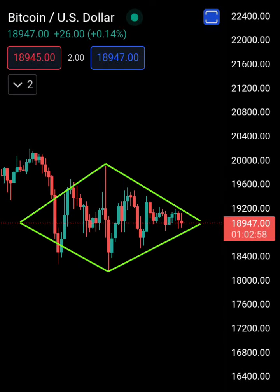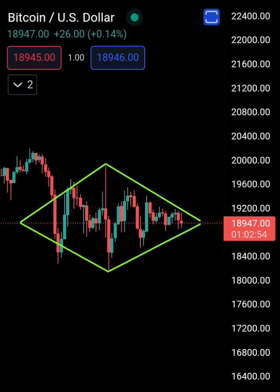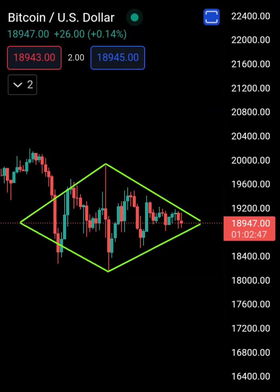What's up, YouTube? This is Bitcoin on the 4 hourly chart, 4 hourly time frame, and we are in a diamond formation. Some people are calling it a triangle. Whatever you call it, it is a pattern that's waiting to break out. At the moment,